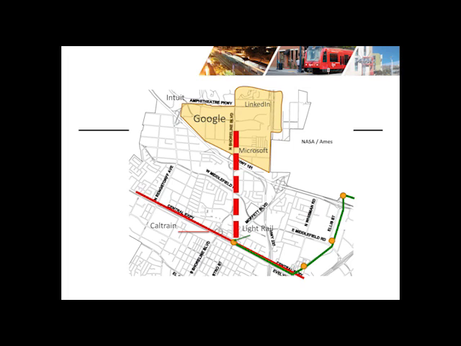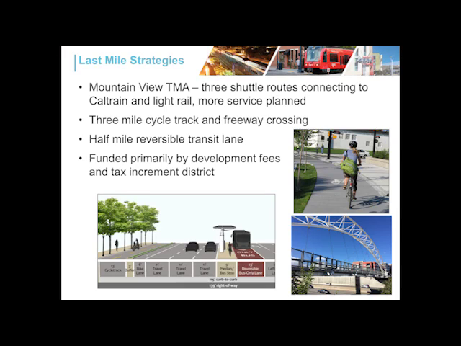So they've got a good start at it, but it's a good aggressive plan. This is kind of the lay of the land there. It's a classic last mile type of situation with the companies. Google and Intuit and LinkedIn all have their headquarters in the North Bayshore area, it's called. It's about 2 miles from the downtown portion of Mountain View, which is where the Caltrain commuter rail station and light rail stations are. So a big part of the plan was to develop this last mile strategy, which included